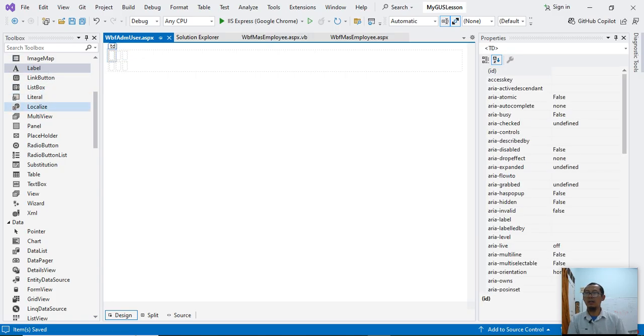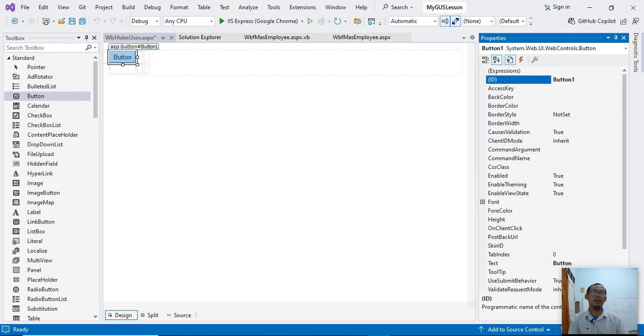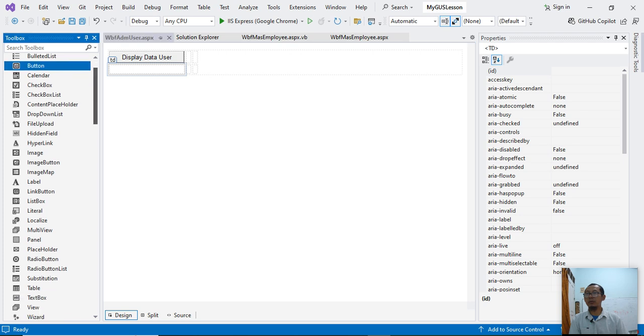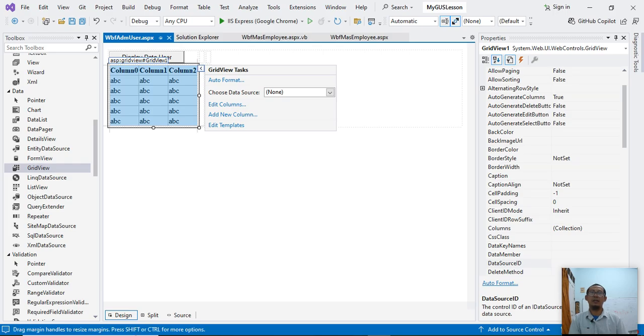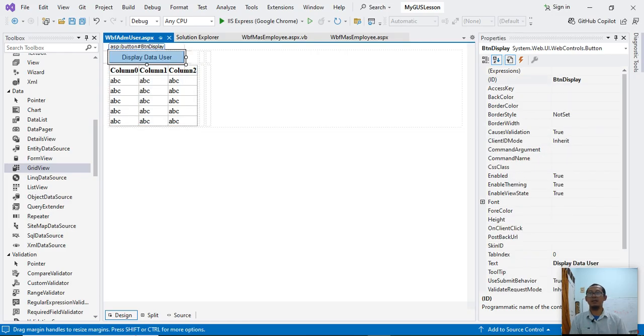Now, let's put a button. I name the button BTN display, and the text is display data user. Okay, now let's put a grid view. Name the grid view GRV user. Now let's double click display data user.